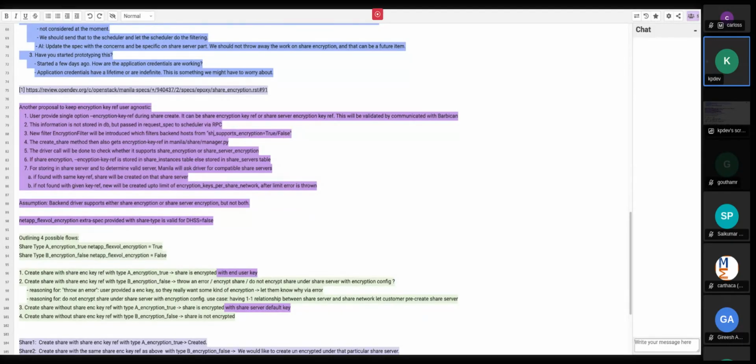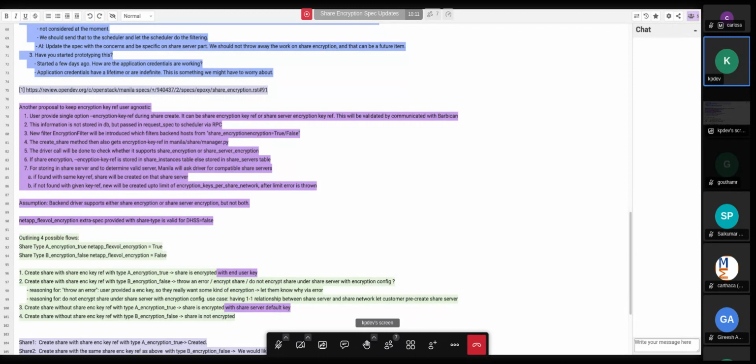Like I think on the spec we discussed something like share encryption support, or let me check on the spec. I think it's encryption support. Okay,